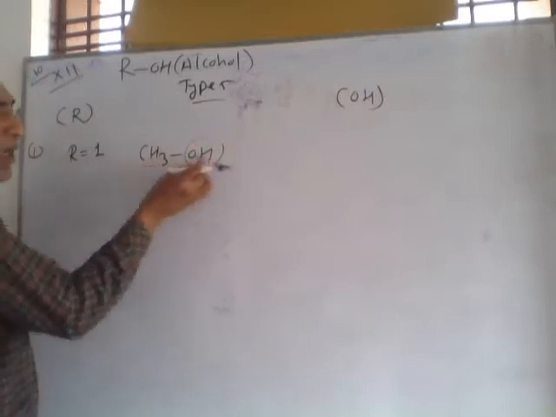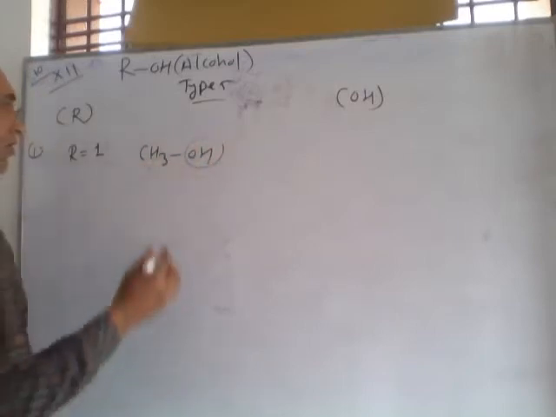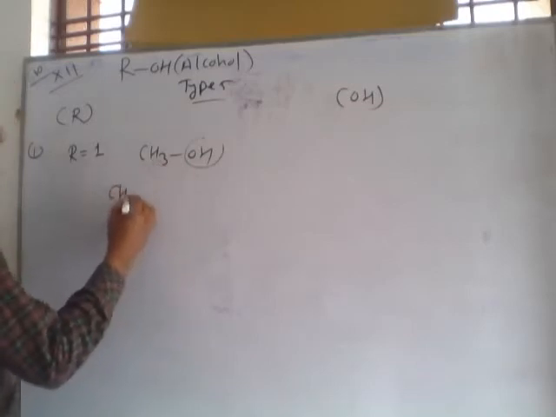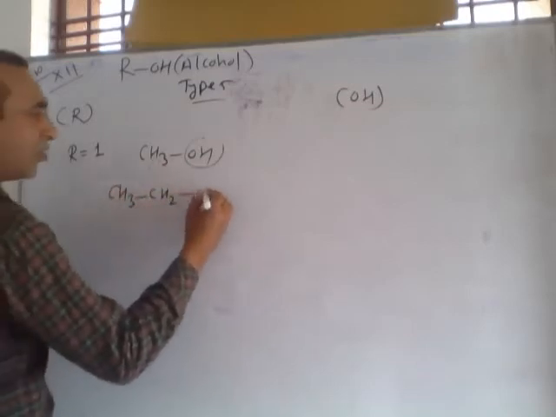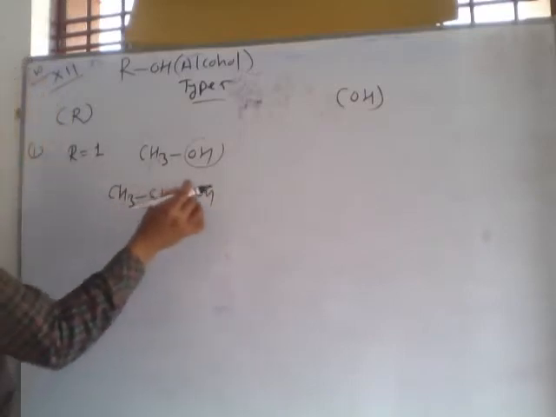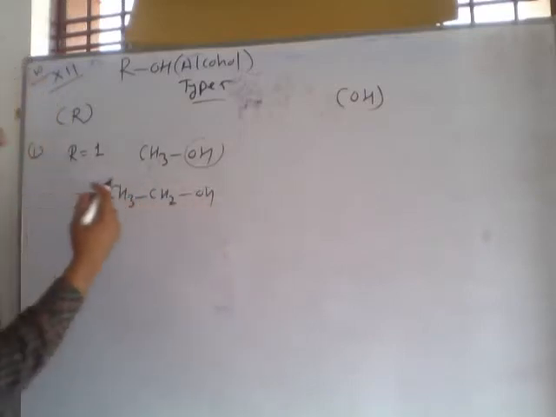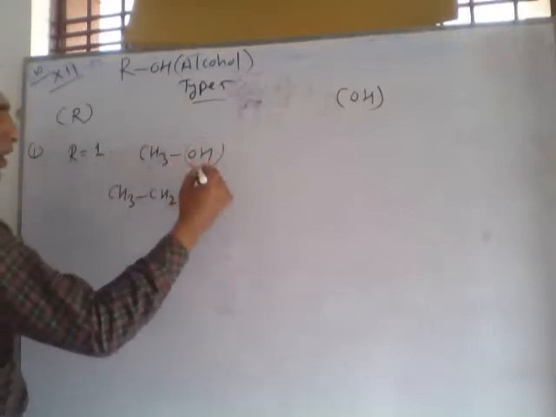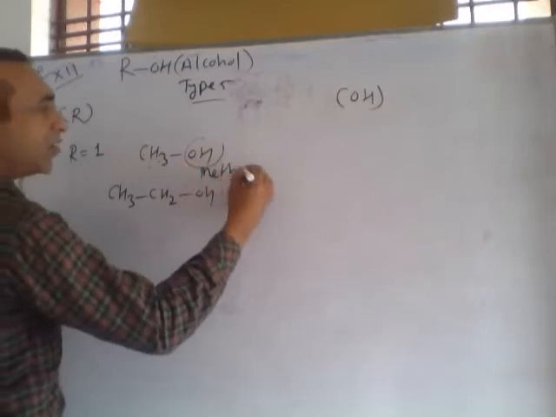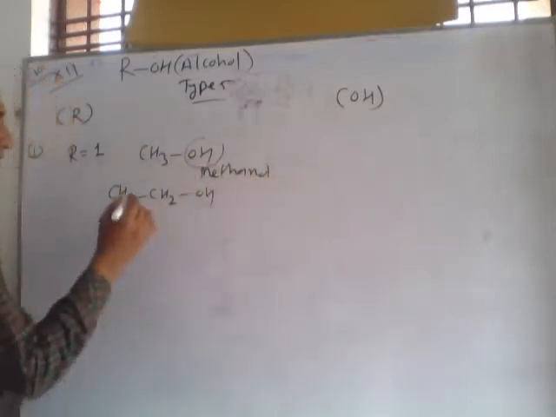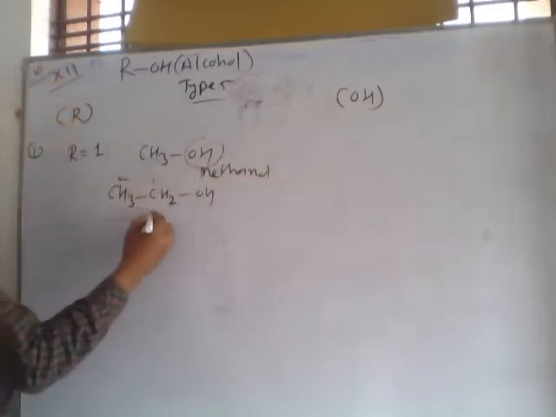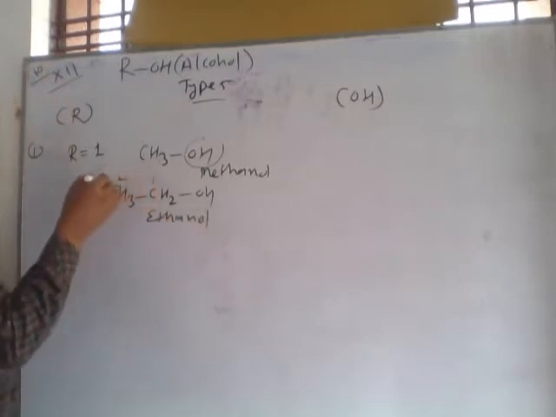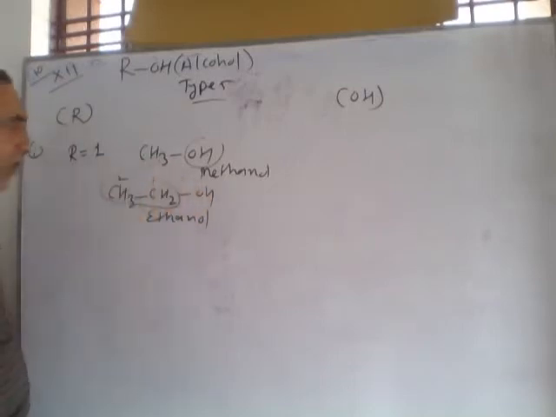hydroxymethane, otherwise methyl alcohol. If we replace one hydrogen from this compound, we will write this type: CH3CH2OH. The name of this compound is methyl alcohol, otherwise we can say methanol. In IUPAC system we use all this compound. There are two carbon, so we use ethane and all. This is ethanol. Also we can write this is ethyl alcohol.